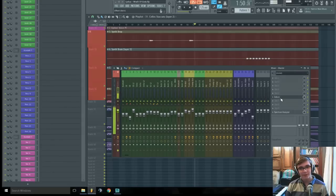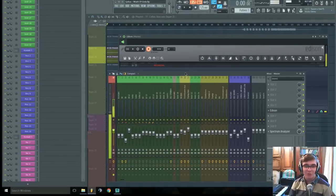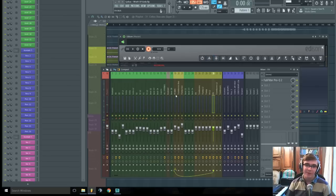Alright, let's move on to the brass. About brass, it's going to be quick because it's pretty much like strings in my opinion. Generally, brass have mid-range, low mid-range build-ups, which you want to get rid of. So if we take French horns, for example,